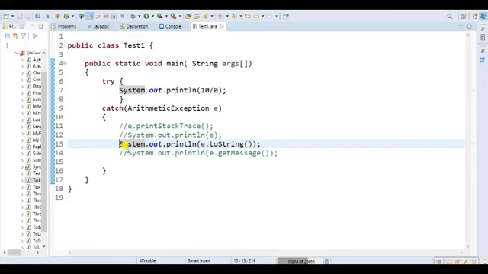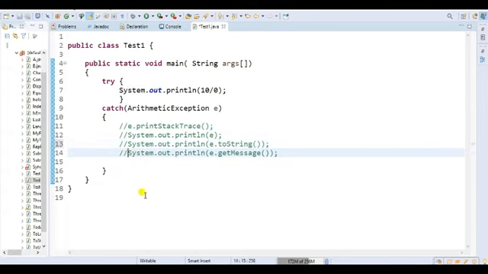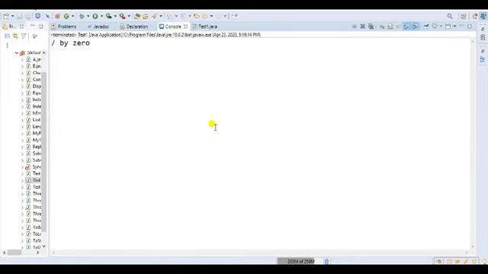So both methods are the same. Let me execute the next one. If I use getMessage, what will be the output? Only divide by 0. It means only the description of this exception.